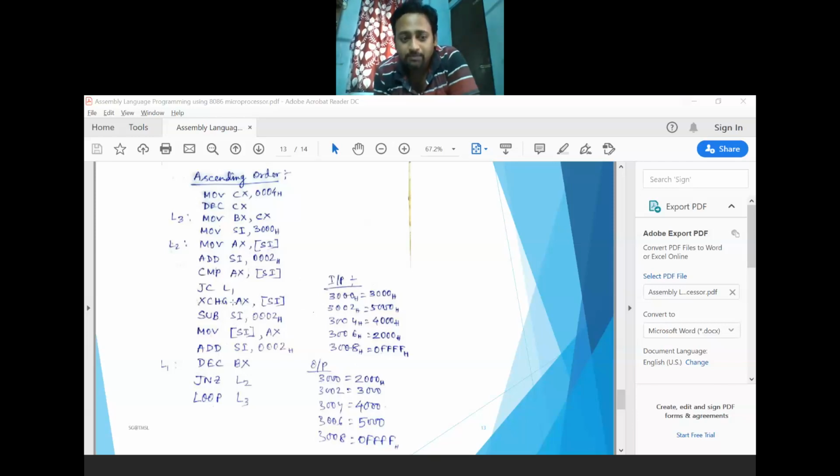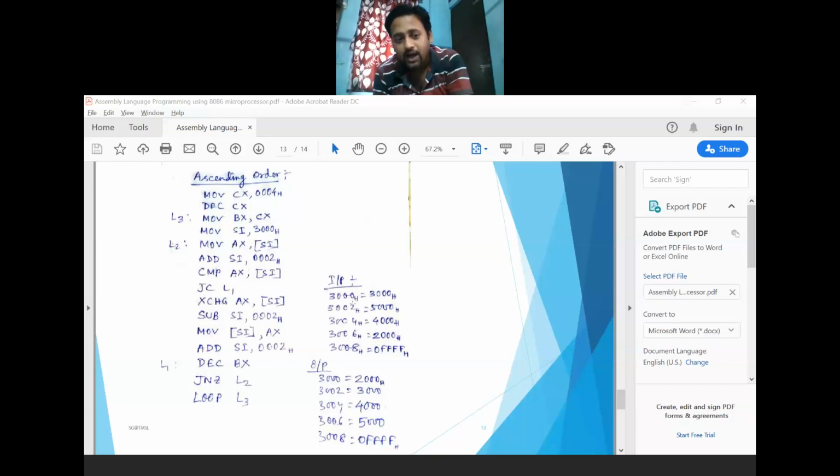When the content of this one is moved to this one, and the content of this memory location moves to this one, the last memory location held by SI is 3002. So the first content will be moved to this position, then this moves to this position again.